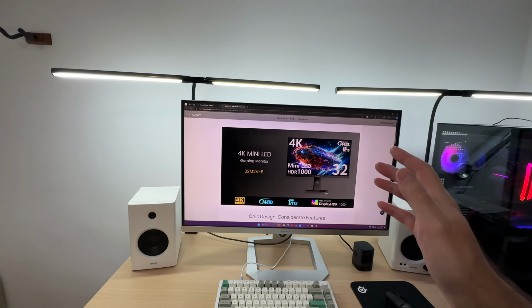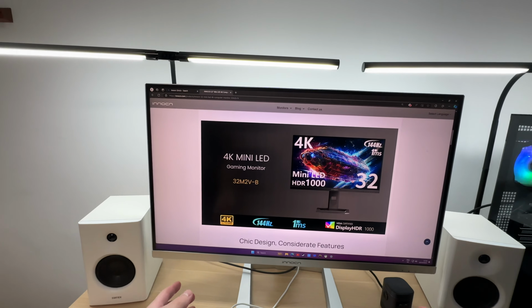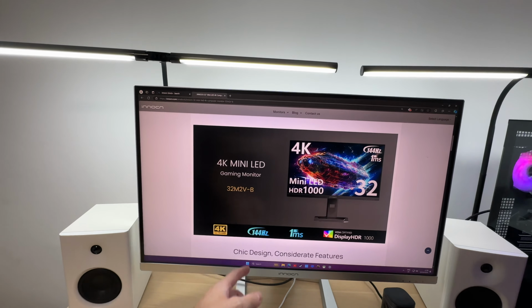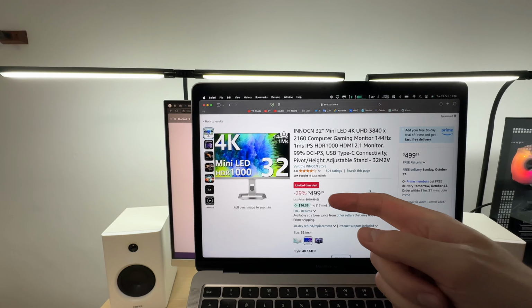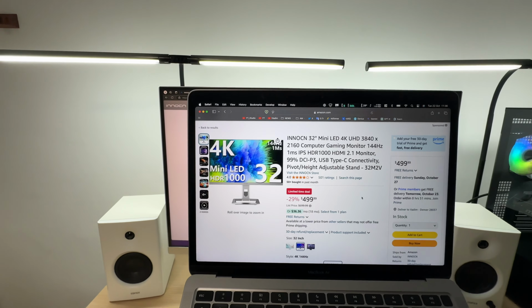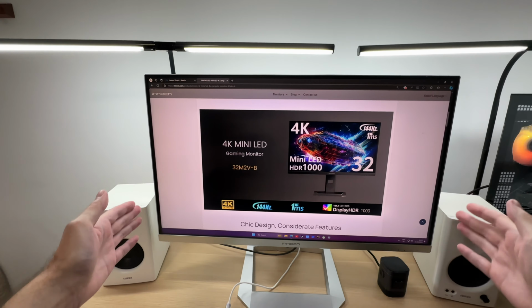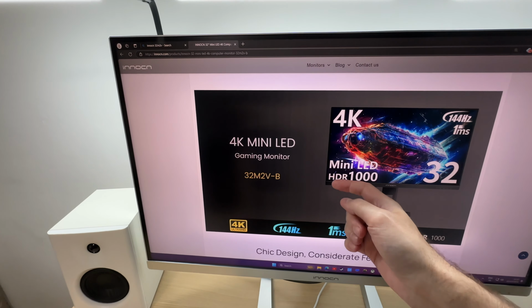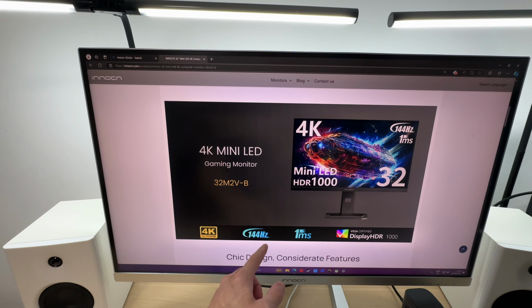Today I want to show you the best 4K monitor deal I've ever seen. This is the INNOCN 32M2V. It has an insane set of features and it can be had for just $500 on Amazon right now. We're talking about the 32-inch 4K mini LED screen here, with HDR 1000 support, 144 Hz, 1